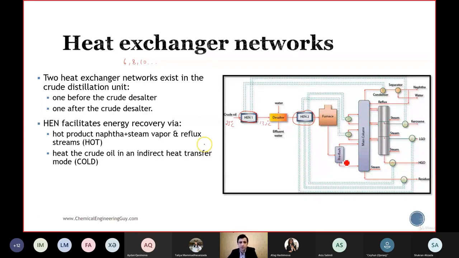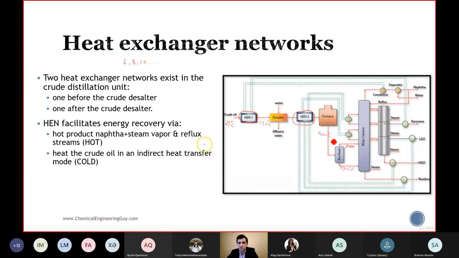From the pre-flash column we have the main column. We can use the pre-flash column before the furnace or after the furnace, but in this case we have the gases here and liquid here. It helps us with better distillation. After the furnace, we know that it is 400 degrees Celsius. Before the furnace, it is around